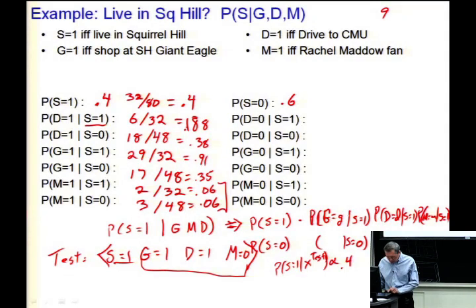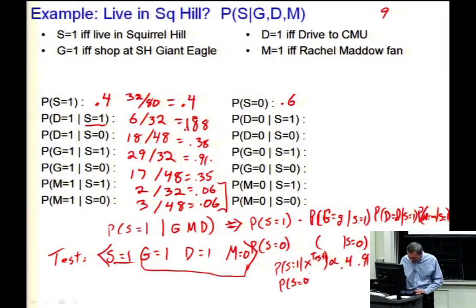Well, G equals 1 and S equals 1, so I guess I'll put my 0.91. And what number do I put here? Well, that's drive equals 1 and S equals 1, so I'll put my 0.19 here. And 0.06. Okay, so we're interested in that